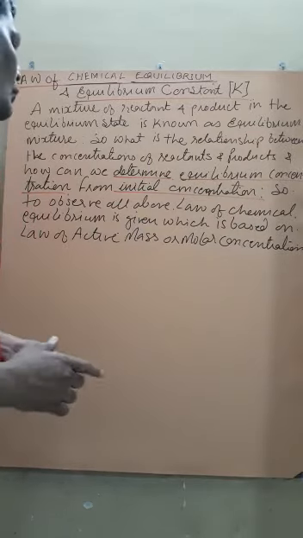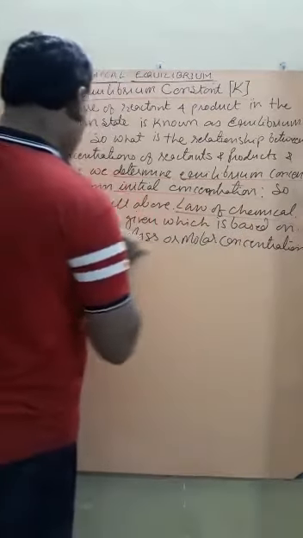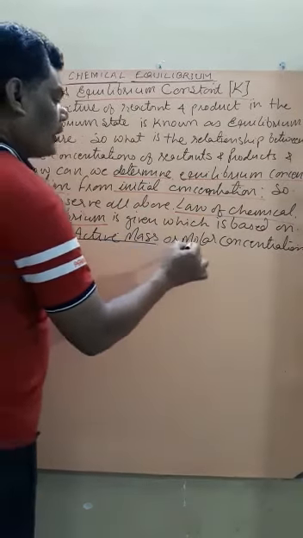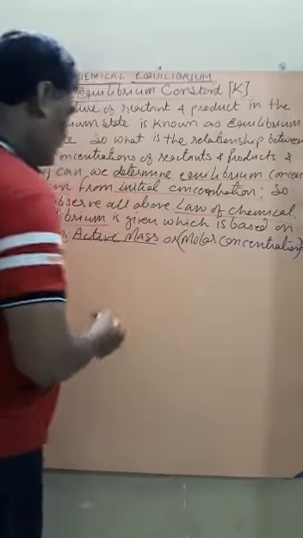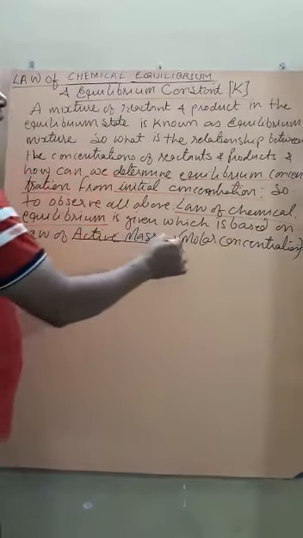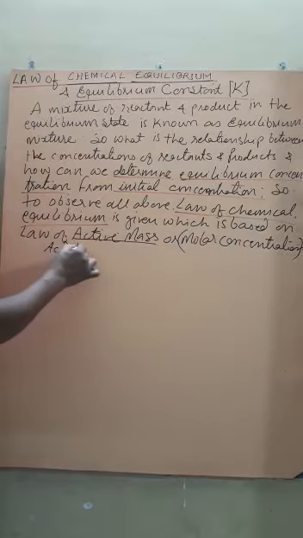To solve the above question, the law of chemical equilibrium is introduced, which is derived from the law of active mass, or molar concentration. Active mass means the quantity of the reactant or the product. If we take it in the form of a solution, it is called molar concentration. So, according to the law of active mass or molar concentration,